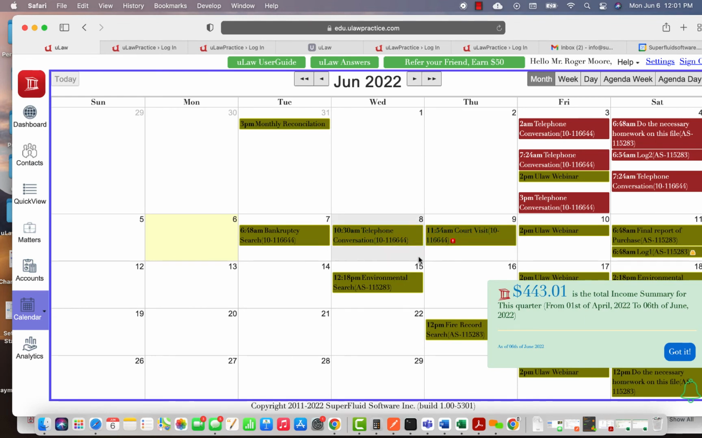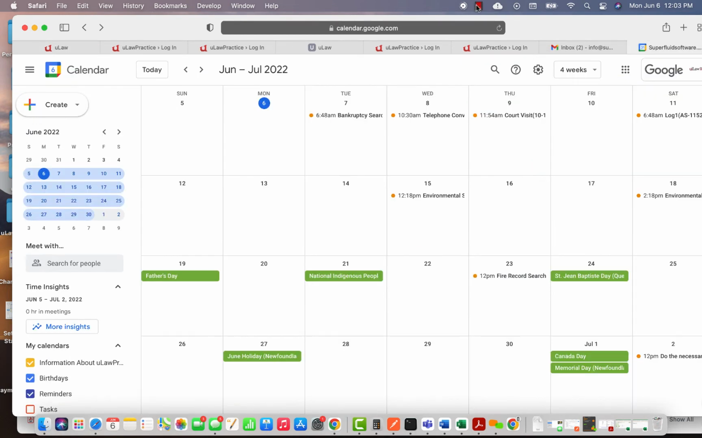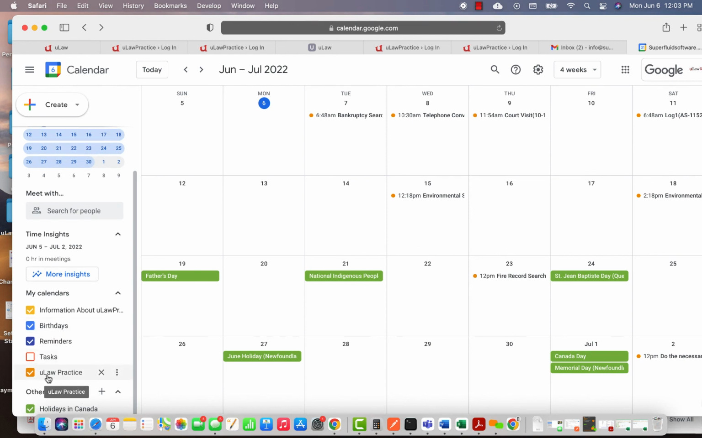So as you saw here, I moved it on the uLaw calendar and I clicked on the sync calendar button. Now as you see, the court visit has actually moved from the 8th to the 9th. That's why we need you to give us access to your calendar. So again, we create a brand new calendar called uLawPractice, very similar to our Google Drive implementation, where we have Google Drive and then we synchronize all